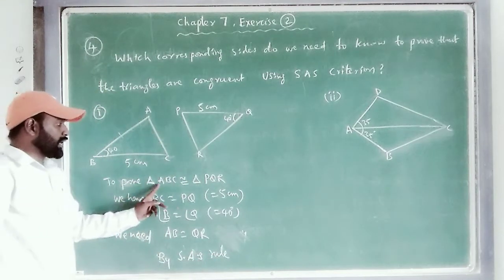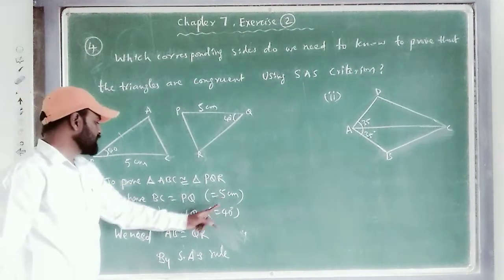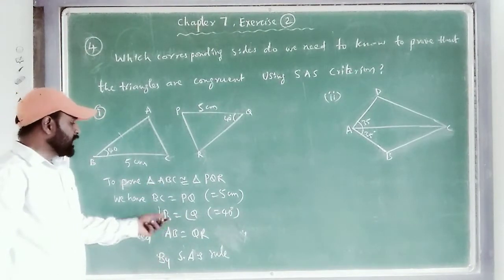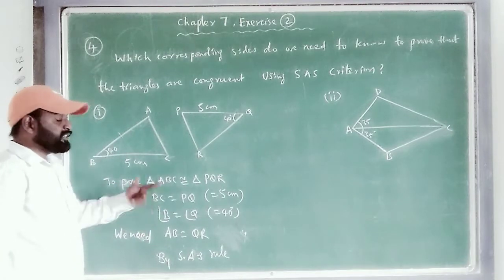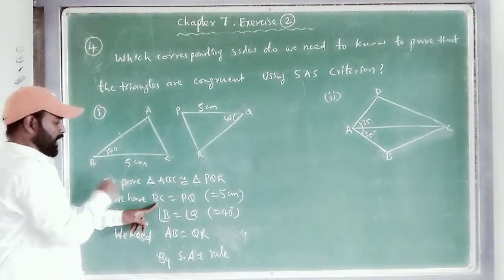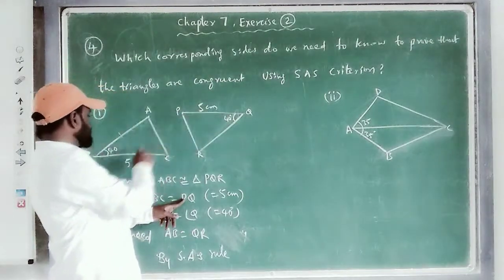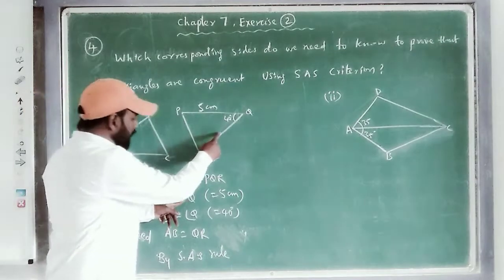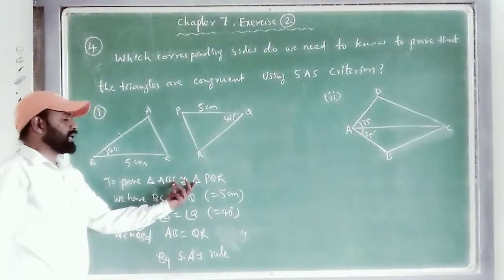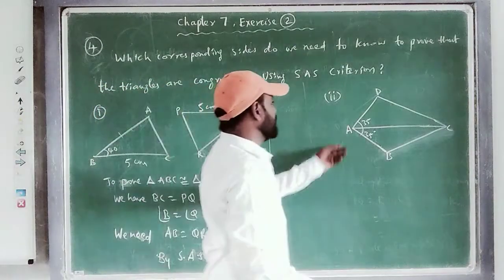Already we started to prove triangle ABC is congruent to triangle PQR. We have BC is equal to PQ, both are 5 centimeters. Angle B is equal to angle Q, both are 40 degrees. So for another side, the angle is made by only two sides, the angle included by which two sides? Here this angle B is included by BC. So another side is what? AB. And then this side PQ, and here angle Q is there. Because of this PQ, here 5 centimeters, the other side is what? QR. So QR corresponds to AB. So we need AB is equal to QR to say these two triangles are congruent by SAS rule. Understood? Let us see in a similar way the next question, the second one.